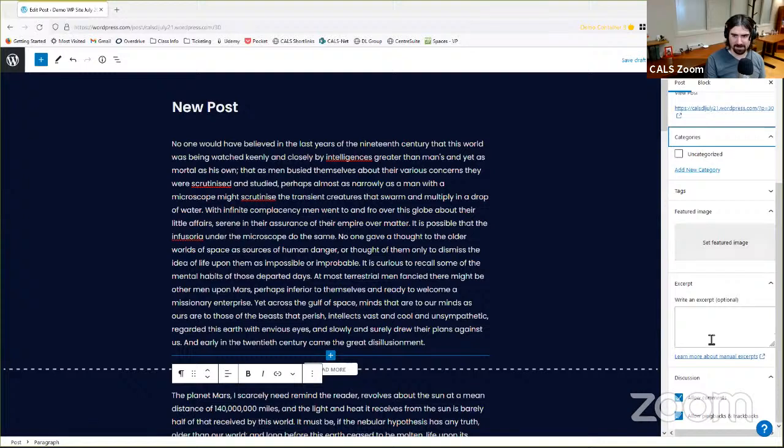Let's see, we've got our featured image, we've got our excerpt, allow comments, and allowing comments is a little more reasonable on a blog post rather than a static page. And then you have your pingbacks and trackbacks. Pingbacks and trackbacks both are essentially a way